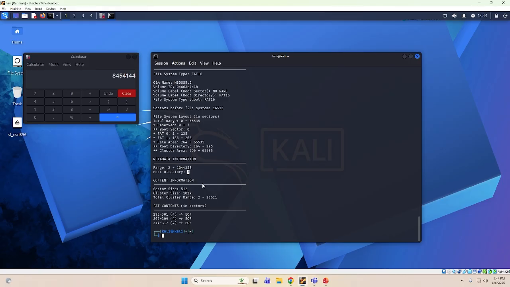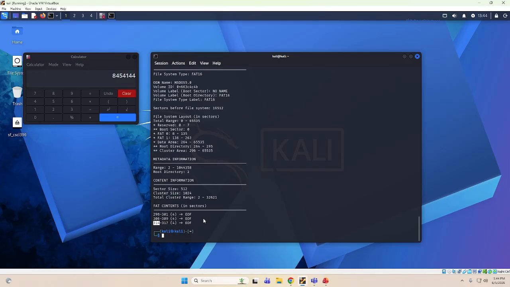The root directory exists at entry 2, not at entry 1. And this is the file content. So these are the files that exist, and these are the sectors that they span. This file here occupies 4 sectors, which makes sense because it's a 2 kilobyte file. It starts at sector 298, ends at sector 301, and that's the end of file. This file starts at sector 306, occupies 4 sectors, ends at sector 309, and this file starts at sector 314